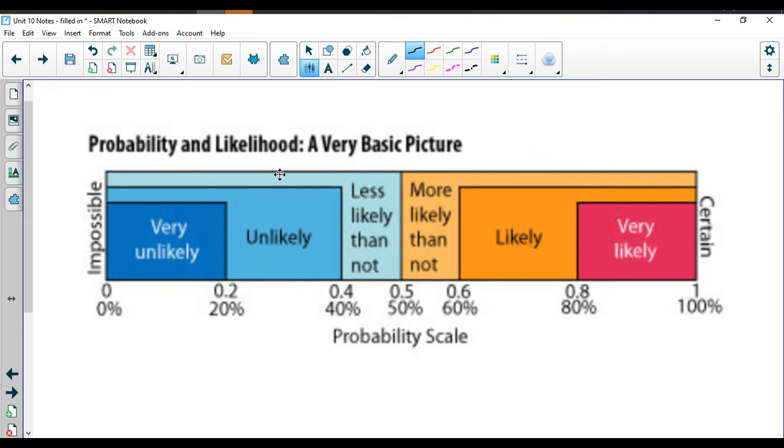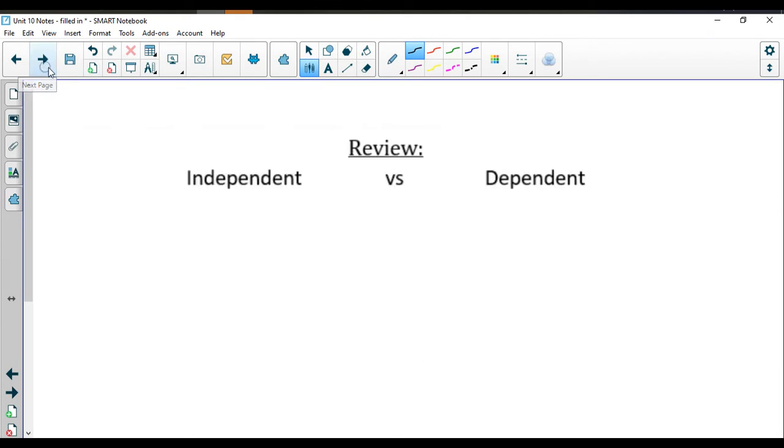This is a pretty basic picture for you, and it shows you the probability both in decimals as well as percentages, which we could then change over to fractions if we wanted to. You can see down here still at the impossible category, this is very unlikely, up to about 20%. From 20% to 40%, we say this is an unlikely category. From 40 to 50, we have less likely than not. And then once we hit that 50 to 60%, we're more likely than not, into the likely, very likely, and then all the way up to certainty here. So probability is on this continuum, and it allows us to choose how likely, what are the chances of something actually happening for us, so that favorable outcome happening.